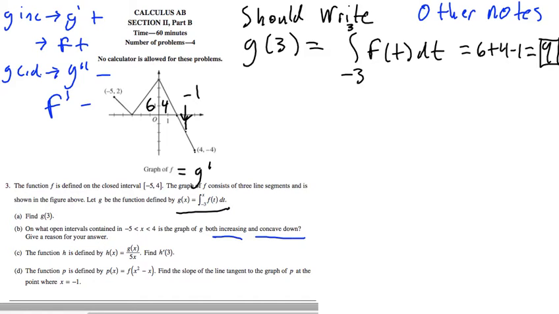All right, let's do our student answer. So, hold on, let's figure this out. When is f positive? This is all f positive, so this is all g prime positive, so this is all g increasing. F prime negative,